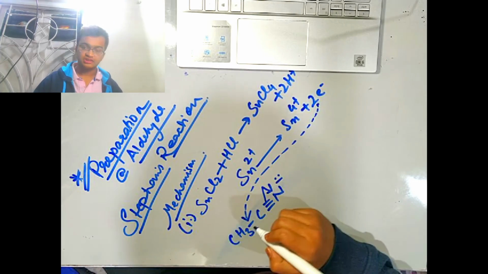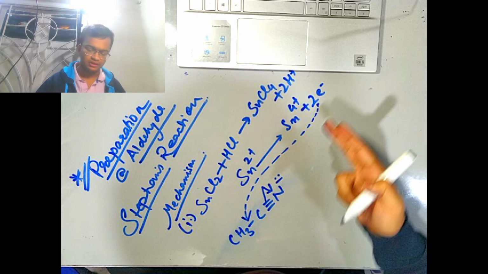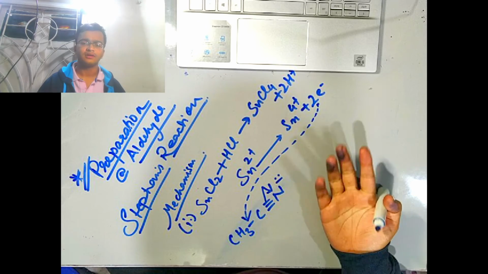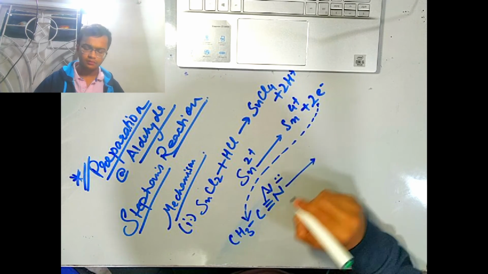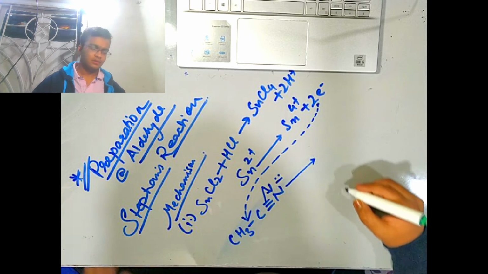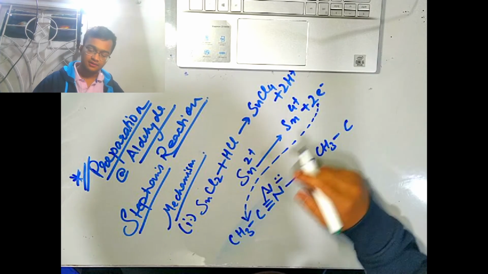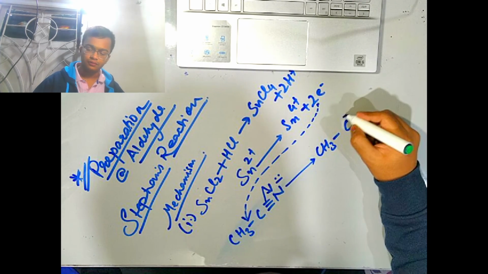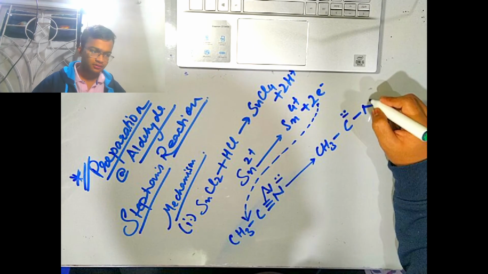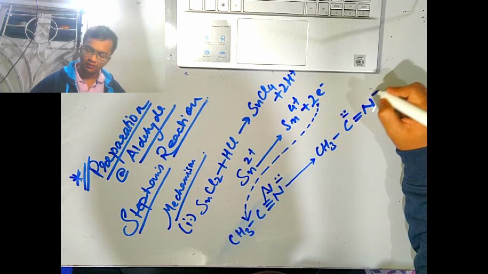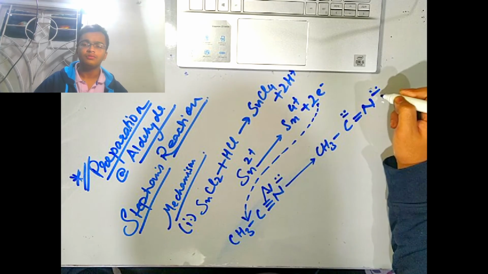So this electron is getting shifted here, right? So this carbon will also get a negative charge. So will also coming here. So this carbon will also get a negative charge or 2 negative charge, right? So let's see what's happening. CH3, C. This carbon is getting 1, 2, so I will represent it like this: negative charge and then double bonded. And this bond is opening, so double bonded, and these two electrons are coming here, so I am writing this